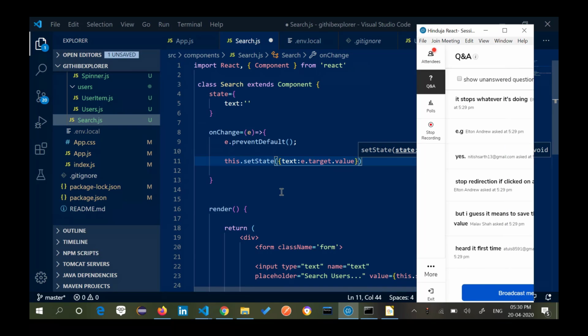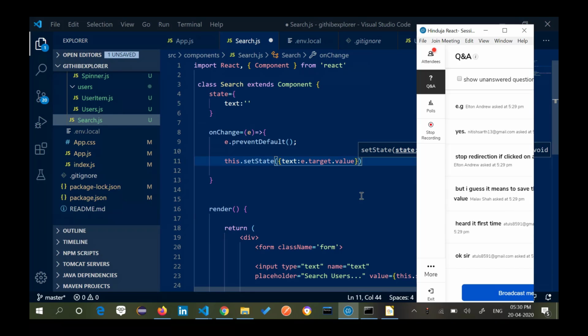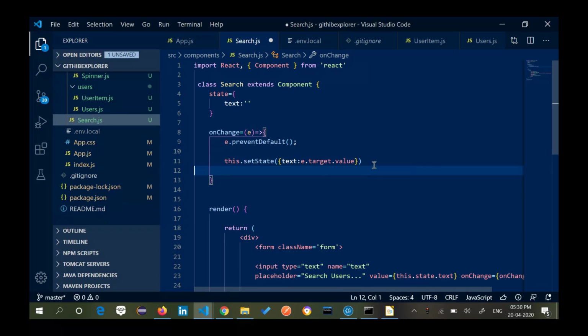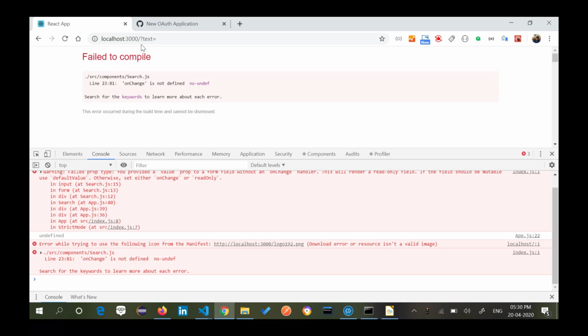So what is happening now? On the onChange listener, I'm trying to say this.setState, text colon e.target.value. Now what does e.target mean? This e was applied on whom? This text field, dot value. So what will happen once I make a save here, now whatever I type,